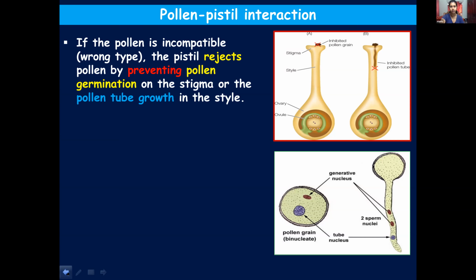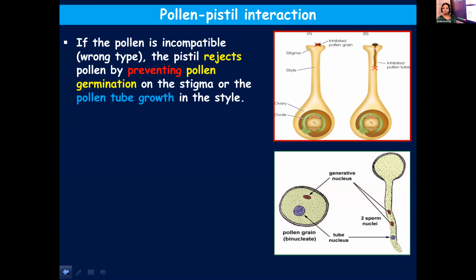Yes, ma'am. Not matching. So if it has to germinate, it should be a related type of plant. Only then the germination can take place. By wind or by some means, entirely different pollen grains can land on the stigma. In such a case, the pistil can recognize this is not matching or not compatible. So this cannot be germinated here and it will be prevented. Any pollen cannot germinate on the stigma. So pollen and stigma should be matching, it should come from plants of the same kind.